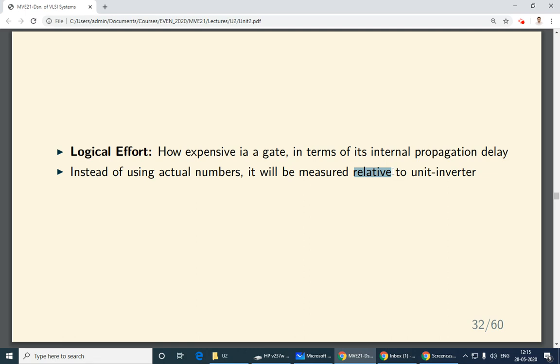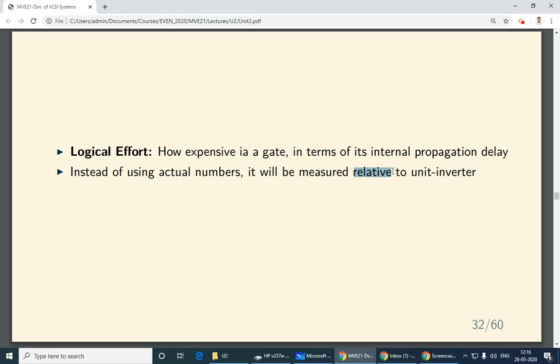Why are we not going to say it like that? Because that is today. Day after tomorrow, if you go to another technology, then that number is invalid. It's a useless number. So we will not talk about any technology-dependent numbers. We are going to be independent. That is why we look at the unit inverter, which exists in all technologies. Today if I'm 2 and 1, after 25 years I can still be at 2 and 1, right? Because those are only in terms of lambda. So these numbers can be reused again and again without any change in the calculation. That is why we are doing everything relative to the unit inverter.